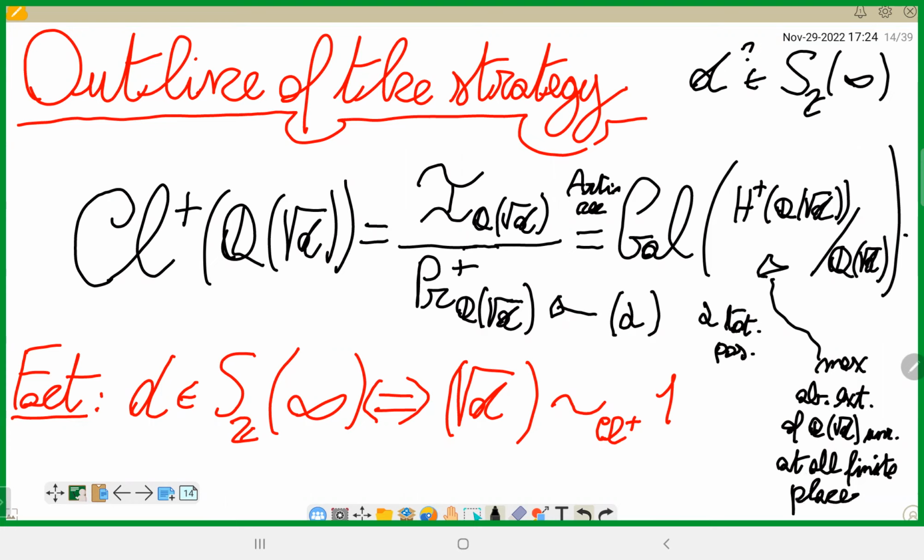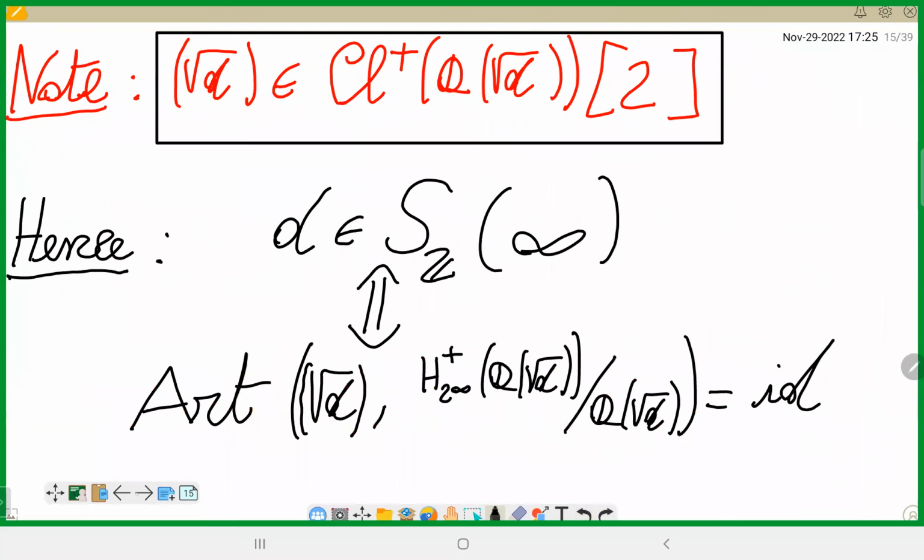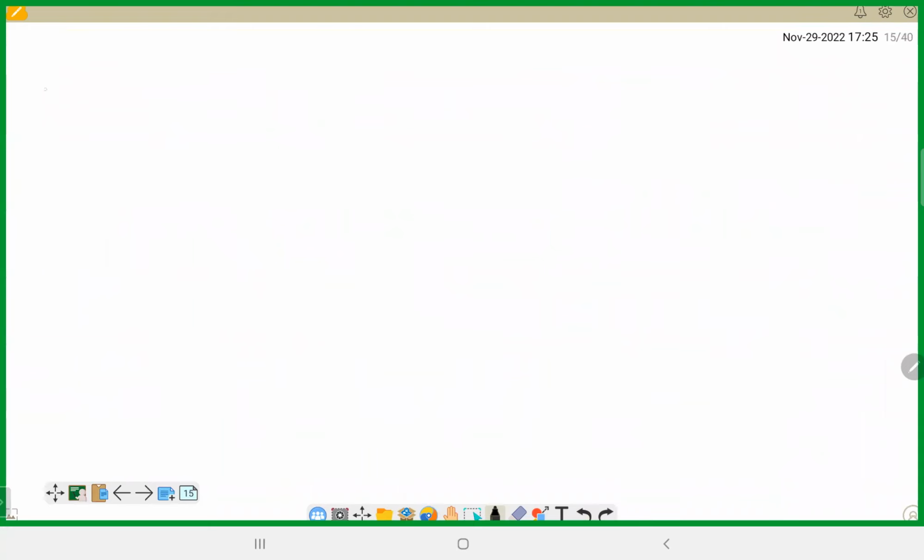All right, so that's the class group, and now it is a fairly elementary criterion that D is in S Z infinity if and only if this class square root D, the class generated by square root D, is trivial in the narrow class group. And let me actually very quickly explain it. So this is fairly elementary. So you have square root D. Suppose,